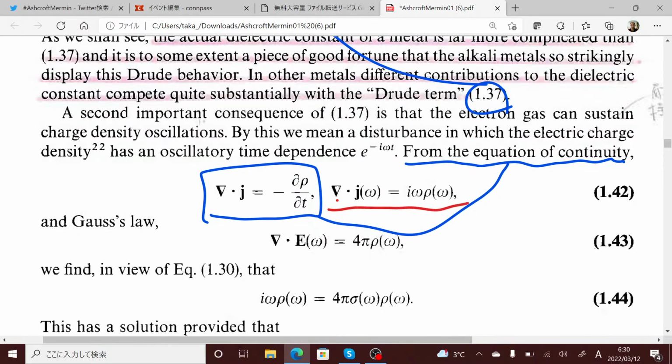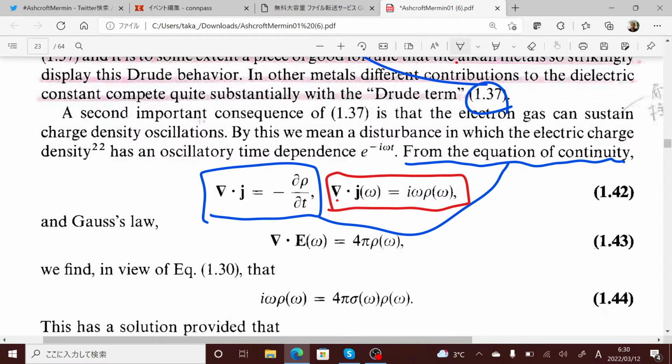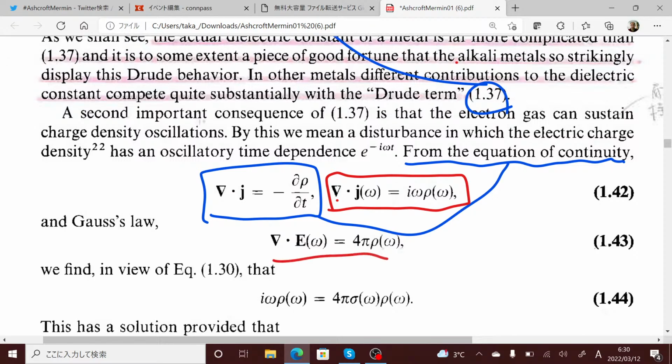And Gauss's law is this. We find in view of 1.30 that,